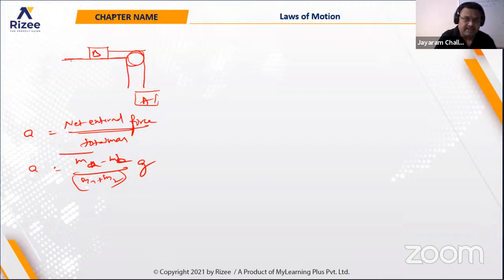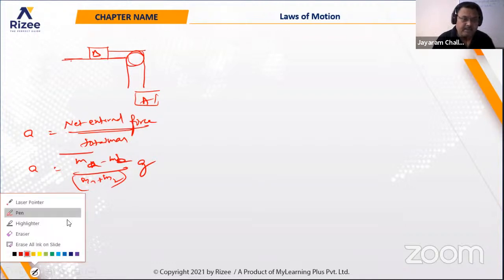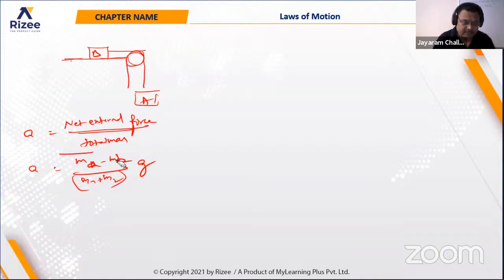But in this case, the situation is different: you don't have mb applying any force, so you can remove that particular term. Your acceleration will be a = m/(m1 plus m2) into g. So this is one of the things. There are a lot of different applications in this case. For example, if I go for another case,